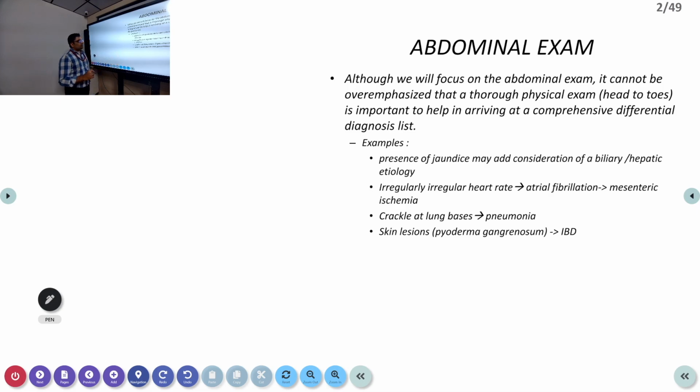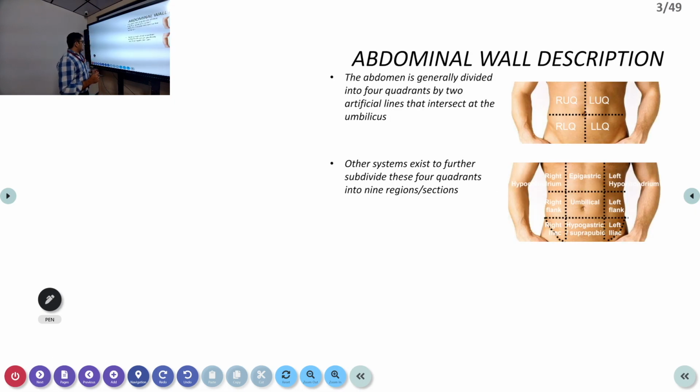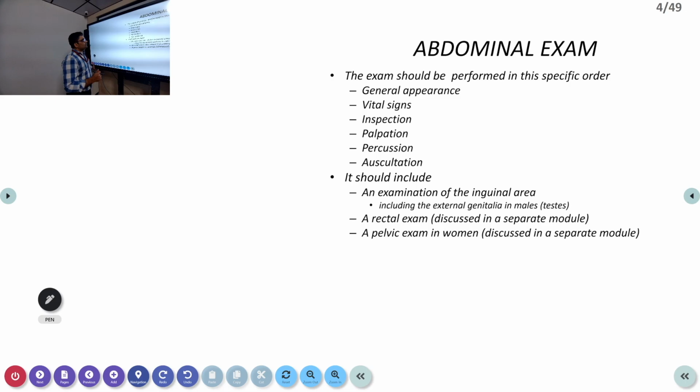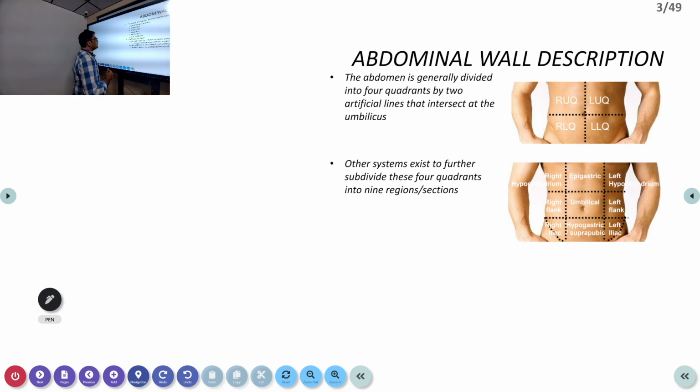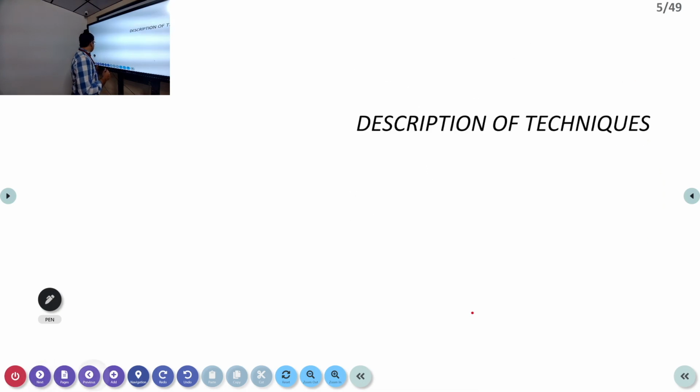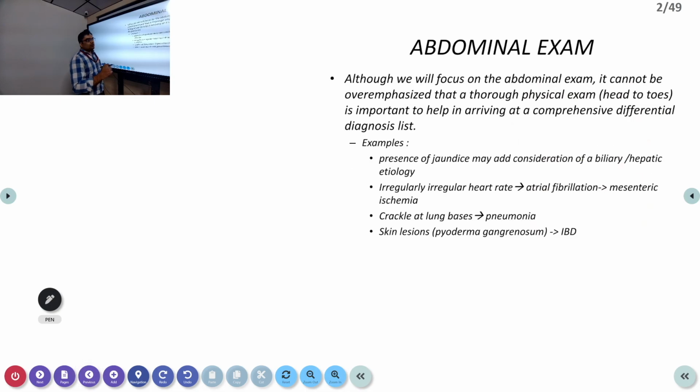Initially, we will discuss the symptoms which are present, then we will go to the examination part. There is no slide about the clinical symptoms, so we are not discussing them much, because only one hour is available and I have not prepared slides.